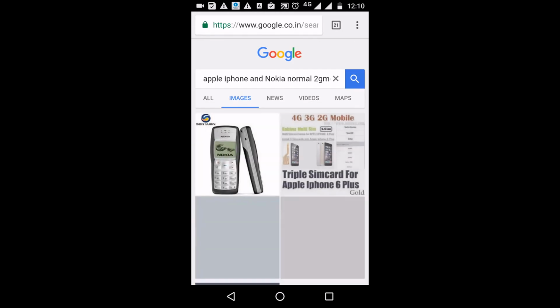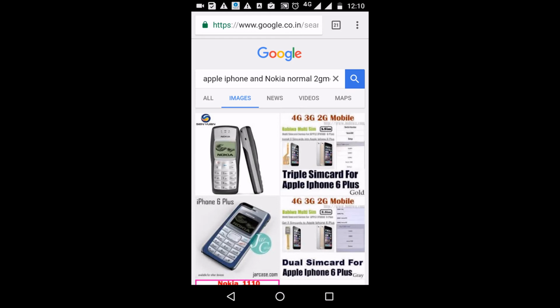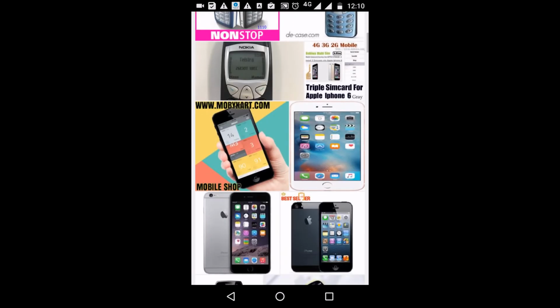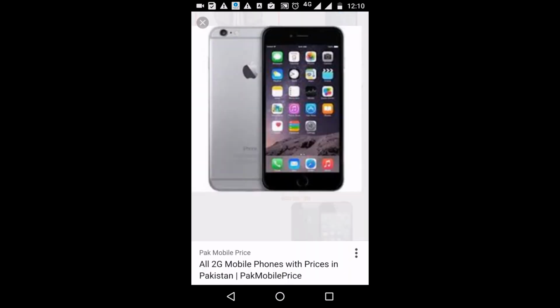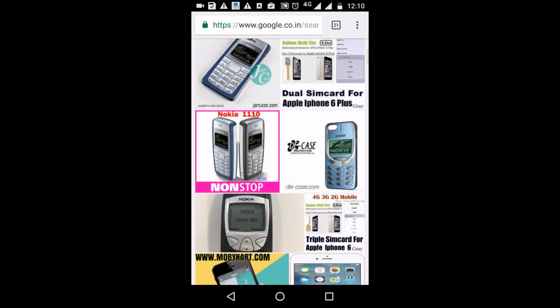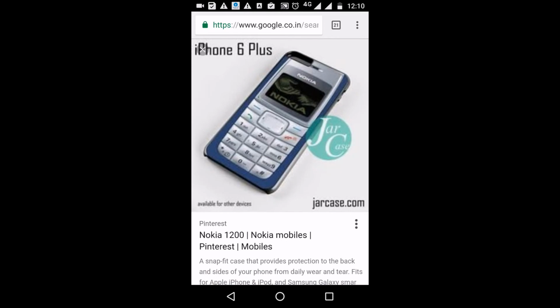When you give an Apple iPhone to old people compared with the latest generation, they face a little difficulty accessing this type of mobile. Whereas with this type of Nokia, they can easily make a call by pressing the green button and end the call using the red button. They can access the mobile very easily because the ease of use is very high.